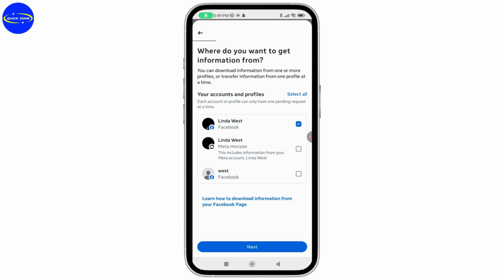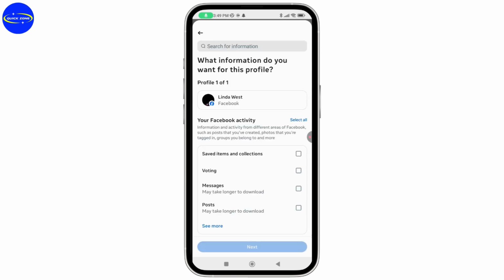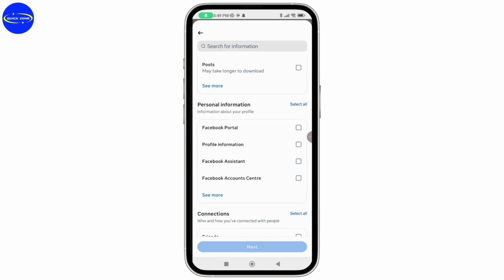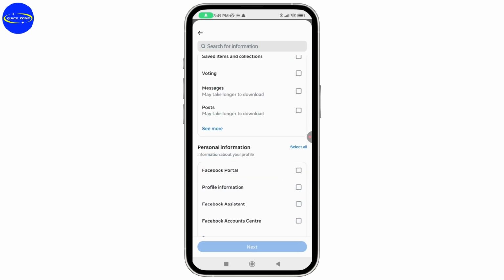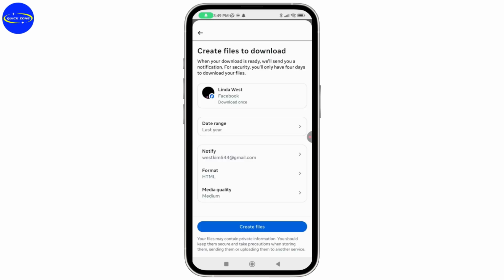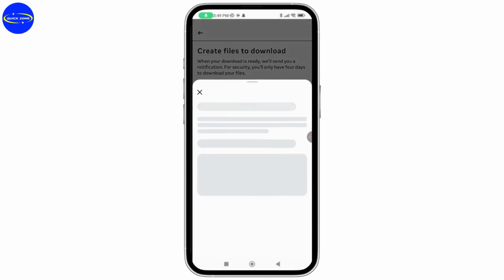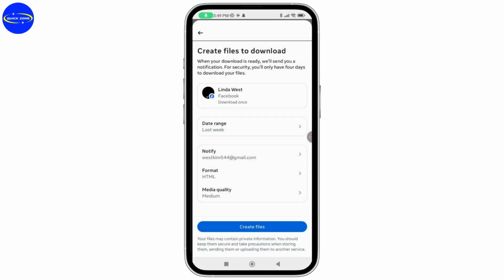Select your Facebook, go with next, and then tap on specific types of information. We only want messages, right? So just go with specific types of information and then scroll down and only select messages. Once you've selected, tap on next, tap on download to device, go with the date range. I'll select last week, go with save, and then go with the notification email and format, and then your media